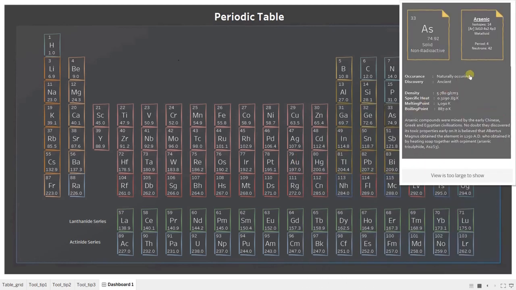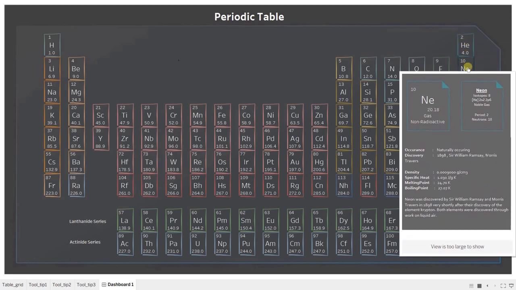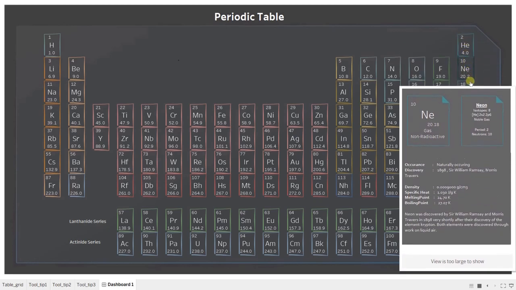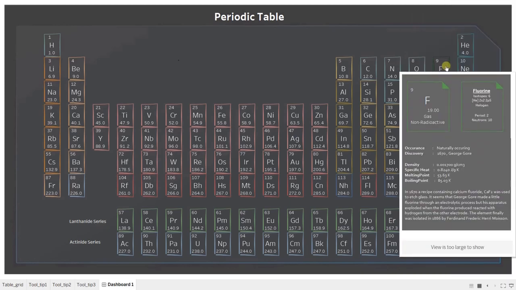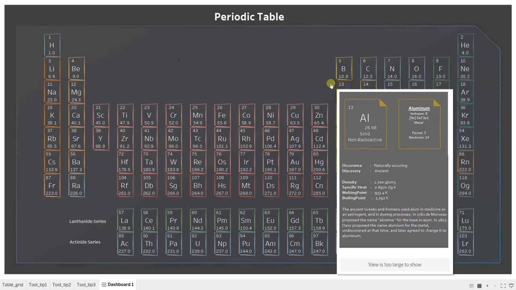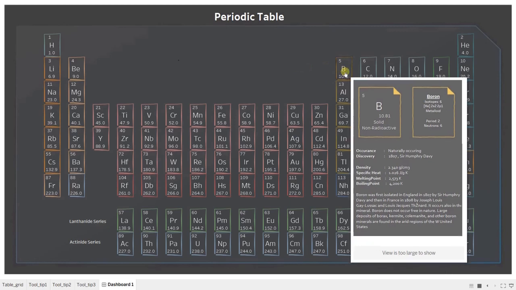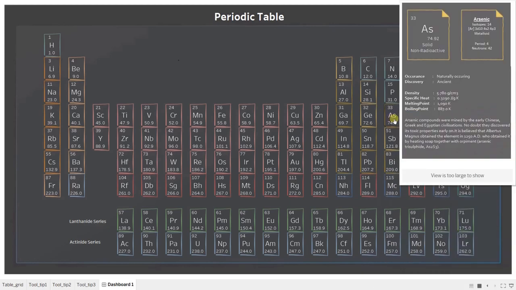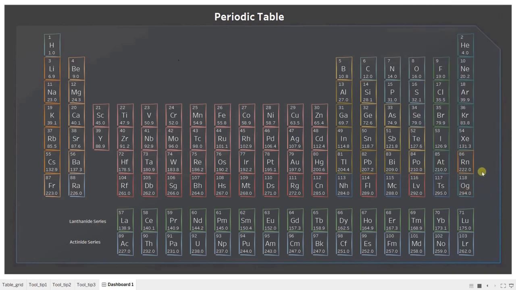So if we come here, which are the noble gases, you see noble gases, and all the elements in that group are presented by the same color. If we come to halogens, okay, if we come to non-metal, and for example, metalloid, this is a metalloid, then silicon is a metalloid, then arsenic is a metalloid, then beryllium is a metalloid. Okay, so this is the dashboard that